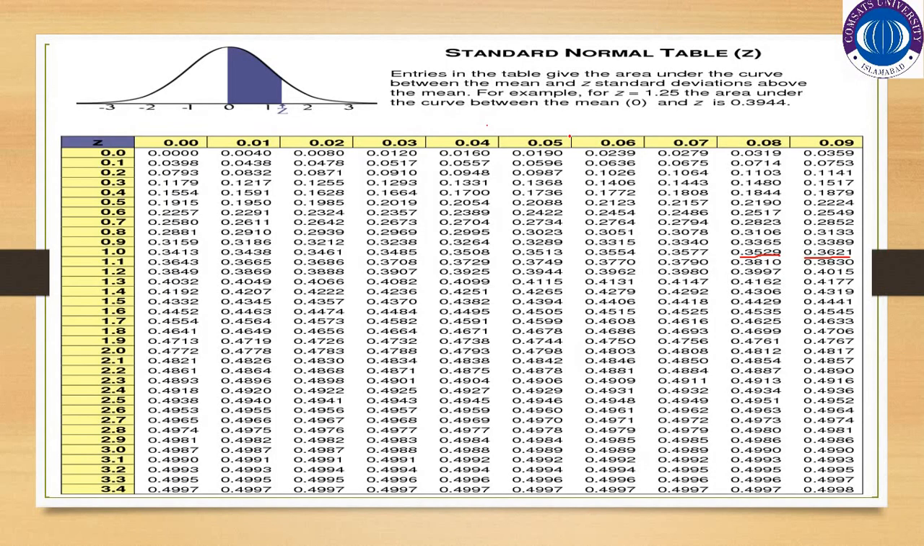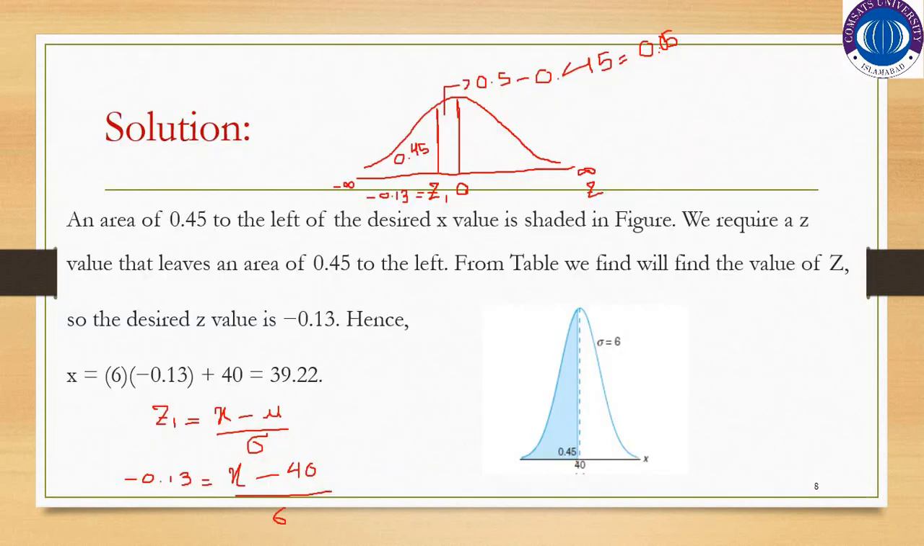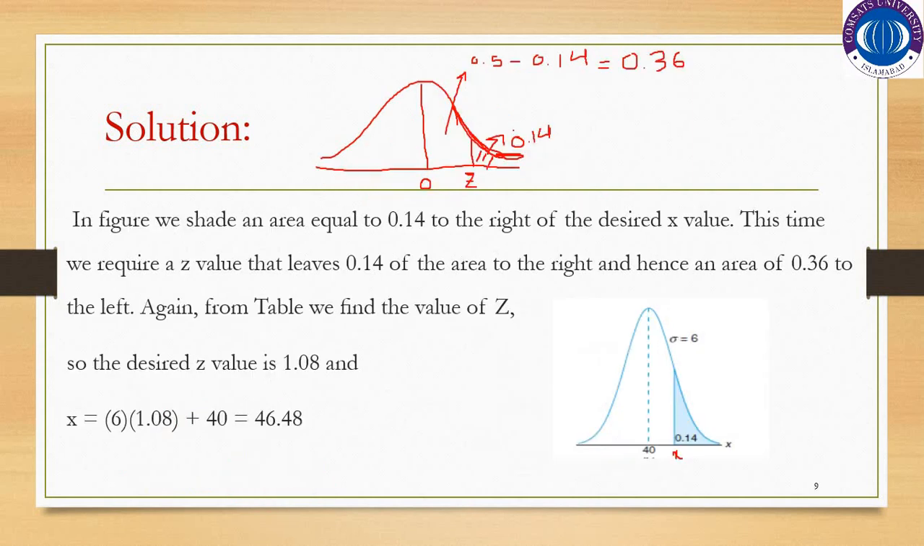We will go to the table and find in the body of the table which value is closer. We will take this value 0.3599, and this one corresponds to, we'll go in this way, which is 1.0, and this one is 8. So here z will be 1.08. That will be 1.08, and it will be positive as it is on the right side